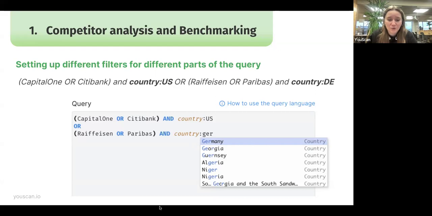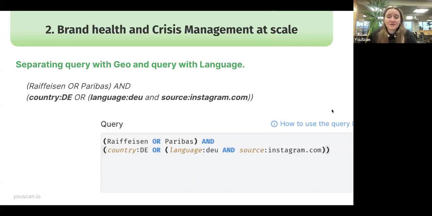So unless we have any questions, I think I can move on to the second use case. The second use case is pretty standard as well, for brand health, crisis management at scale, but with the consideration of the information that I told you about Instagram. Since there is no geographical data for Instagram, for example, it's very hard to distinguish irrelevant mentions. So what you can do using the